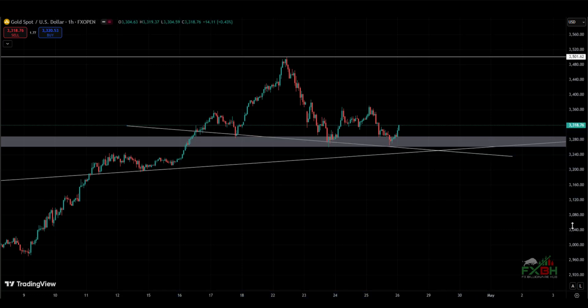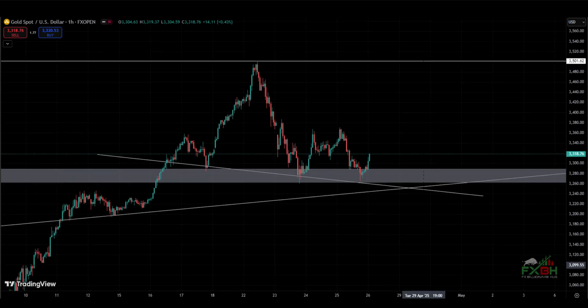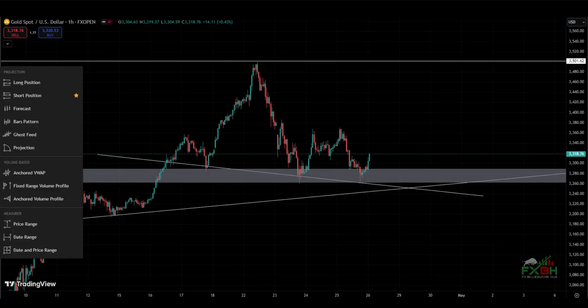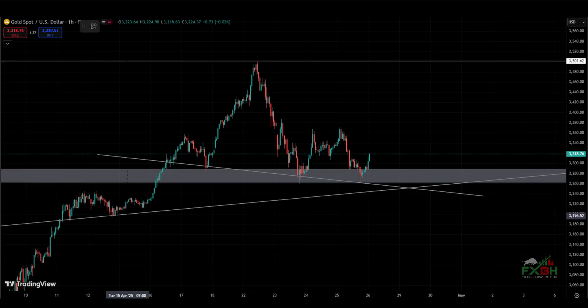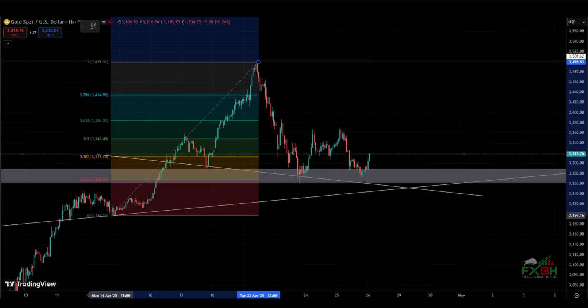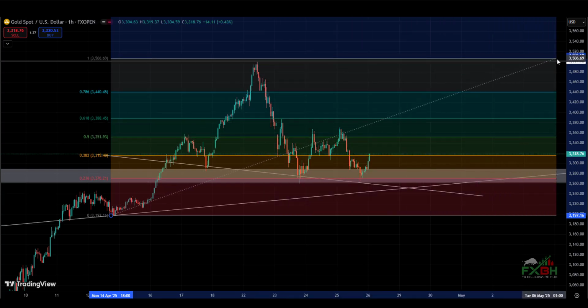So as you can see there, it may be perfect now. So if I want to draw a Fibonacci level, from where to where? From our all-time high to the recent low zone. That means that particular area. Okay, so if we want to draw that, let's make it